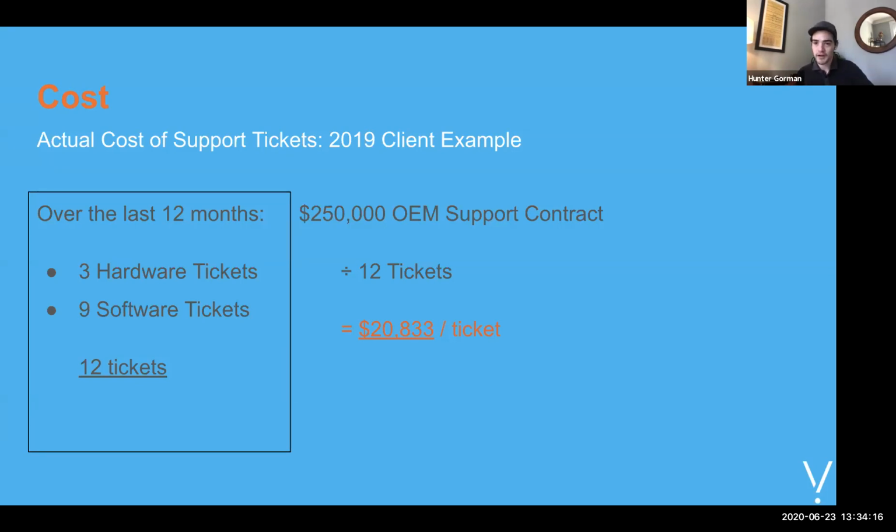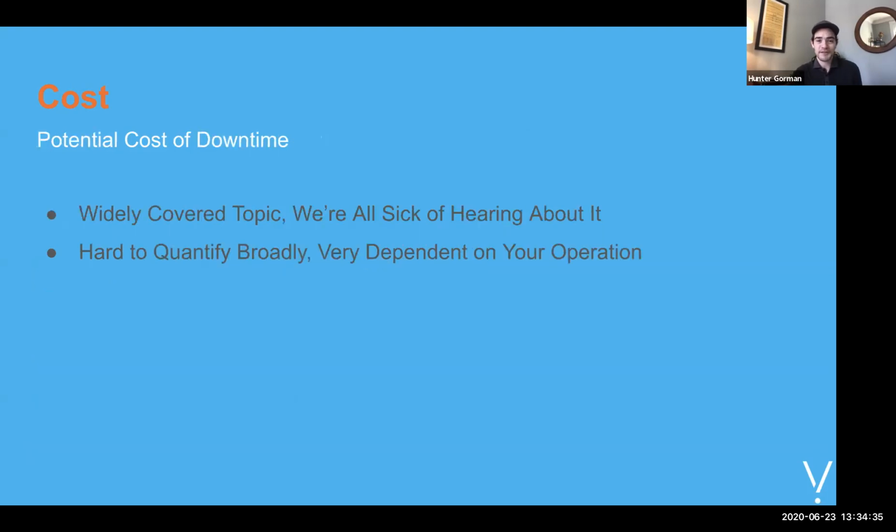And obviously you're not writing a check every time you open a ticket. But if you take a step back and do some reflection on your current maintenance strategy, do this simple calculation, and keep the numbers simple like we did here. Look at what those support tickets are costing you and see if that value is being provided from your maintainer. I think you might be a little bit surprised by what you find.